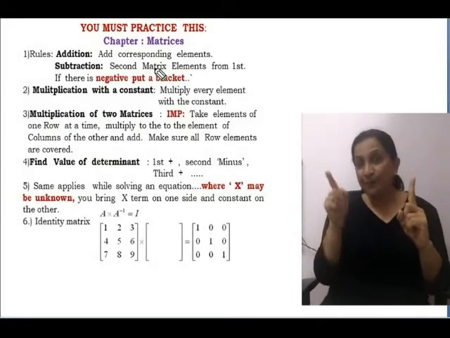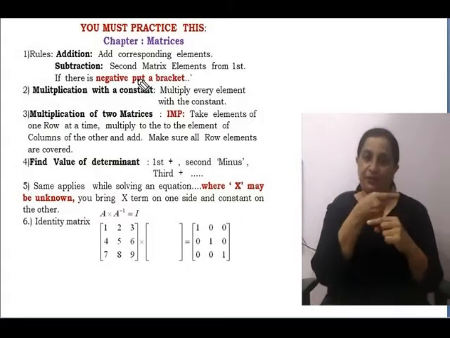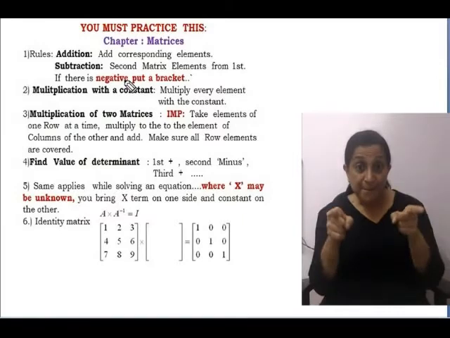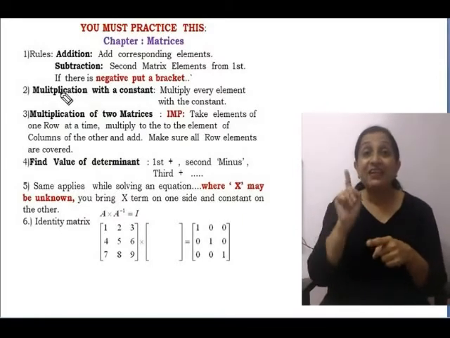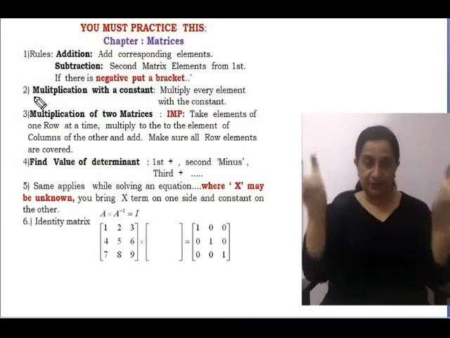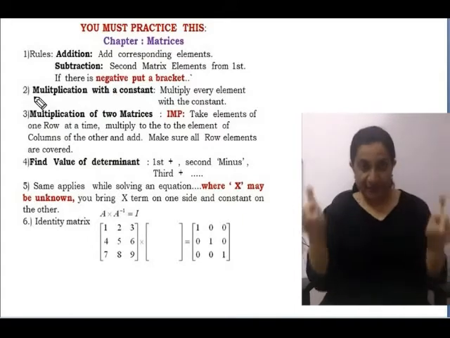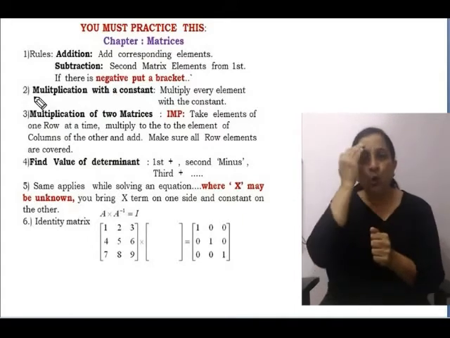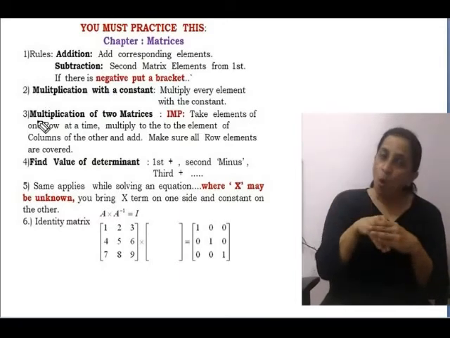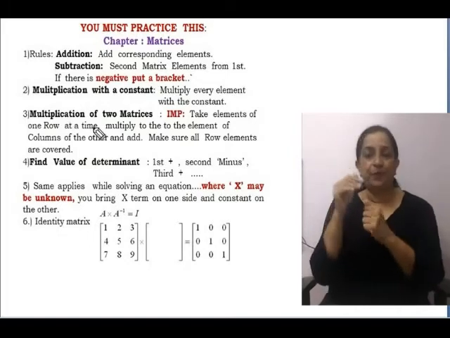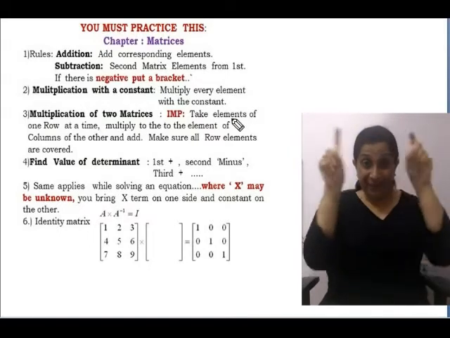Corresponding elements you have to subtract. Only take care, you put a bracket wherever a negative sign is there in an element. If you have to multiply the matrix with a constant, then every element of it will get multiplied by the same number. And if there are two matrices which are to be multiplied, then take